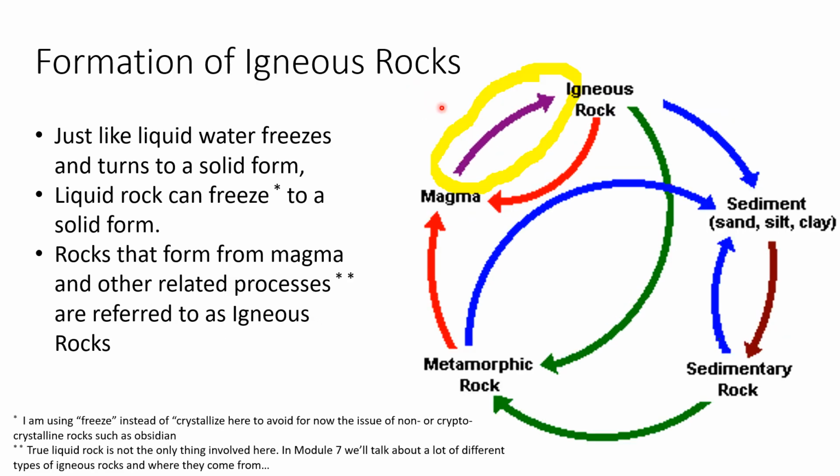And then we have a process, and this is the one I wanted to call solidification instead of crystallization. So we have a process going from this molten rock. It's basically going to freeze, just like you would put liquid water into a freezer and freeze it into a solid form. That is the process of magma freezing into an igneous rock. Down here you'll see my note that I'm using freeze or solidify instead of crystallize, because there are some forms of igneous rocks that are not crystalline. For instance,